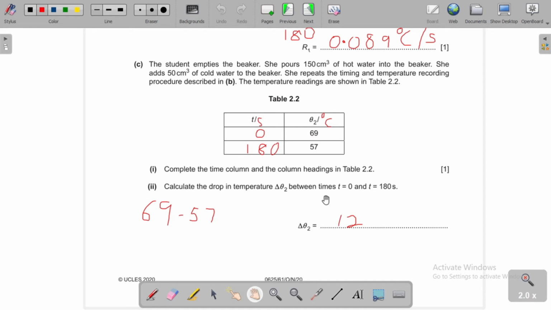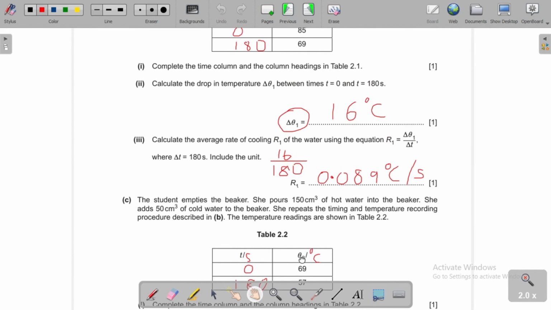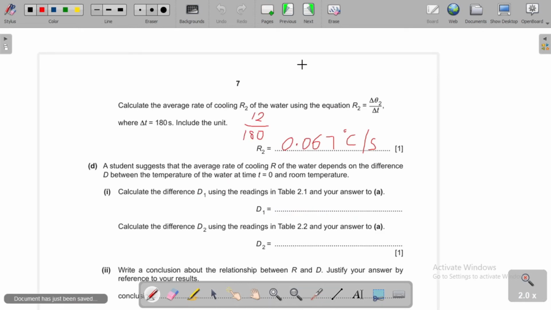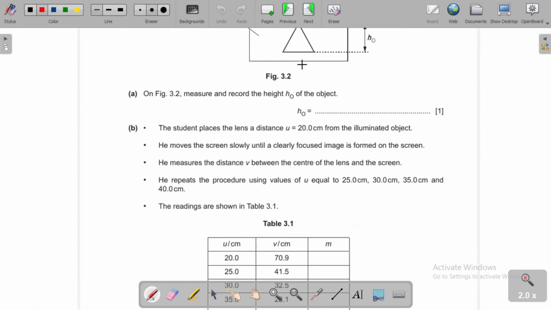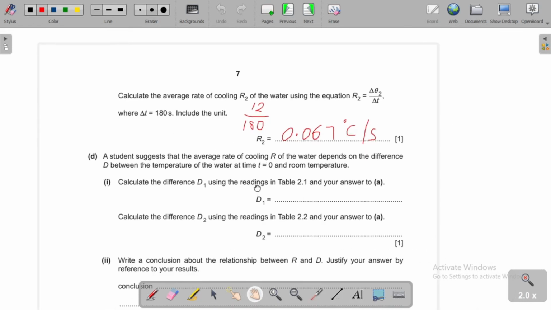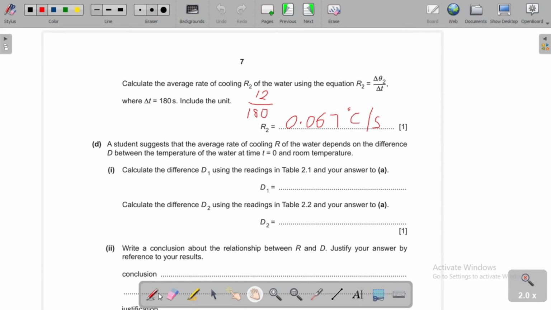For the first one, R1, at time t equals 0, this is 85. And we got our room temperature to be 21. So D1 is going to be 85